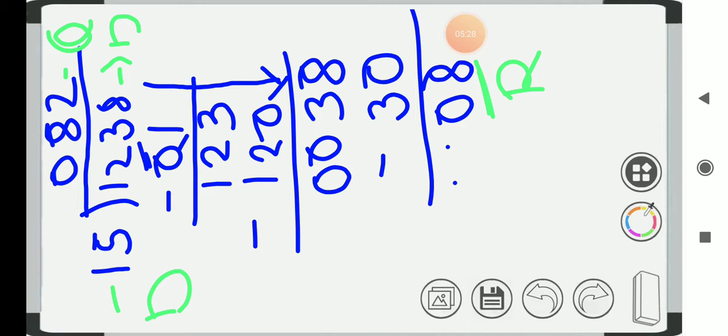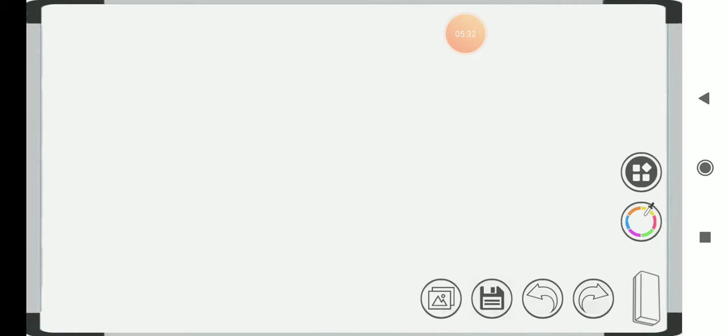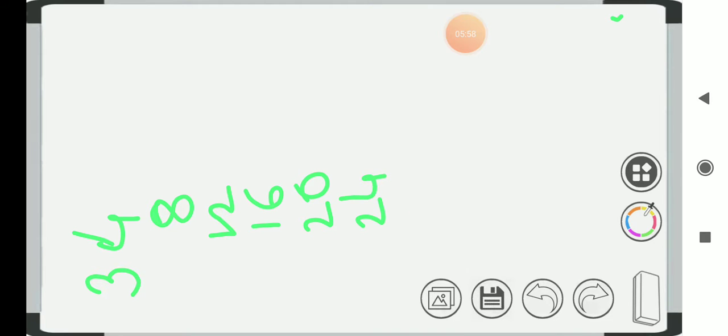Now see, when there is a bigger number, suppose 34, and you have not learned the 34 table, what will you do? Now we will prepare the table of 34. First you write the table of 4: 4 ones are 4, 4 twos are 8, 4 threes are 12, 4 fours are 16, 4 fives are 20, 4 sixes are 24, 4 sevens are 28, and so on up to 40. The same for the 3 table.